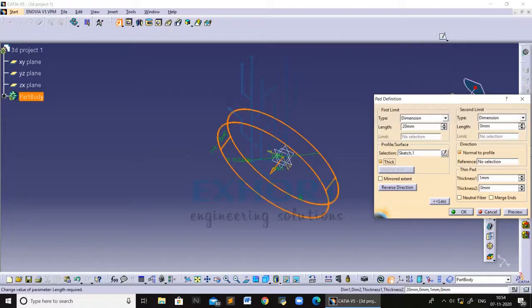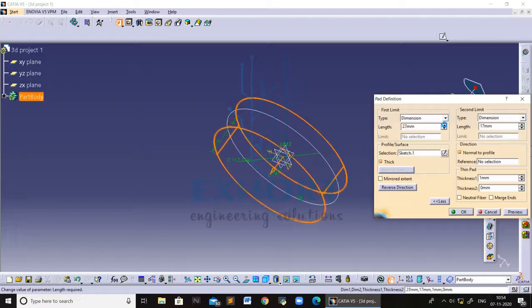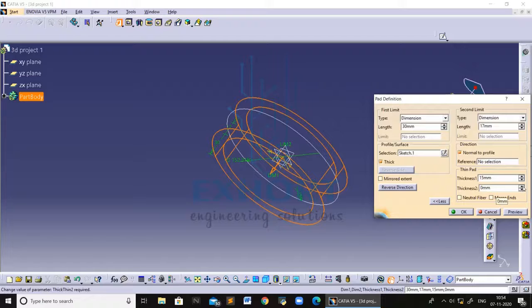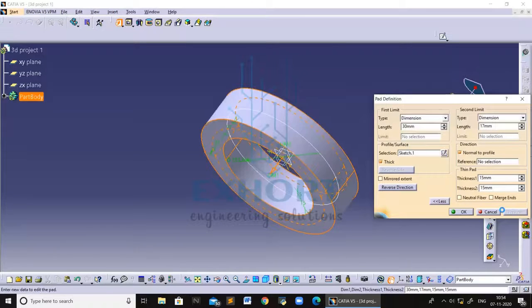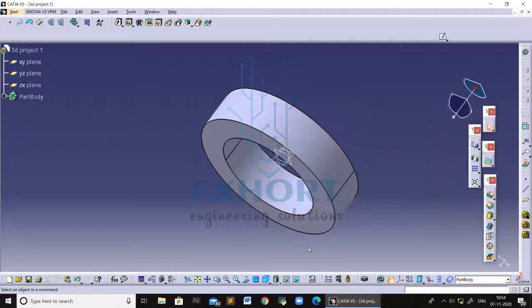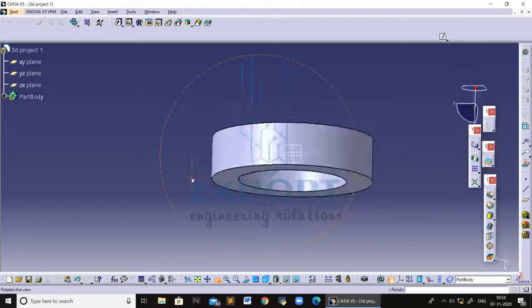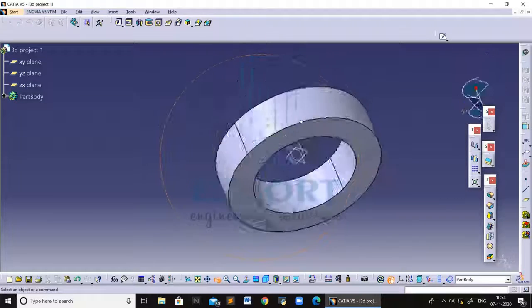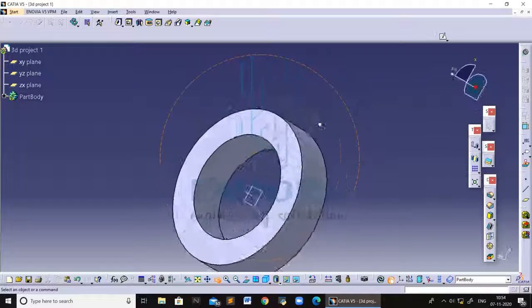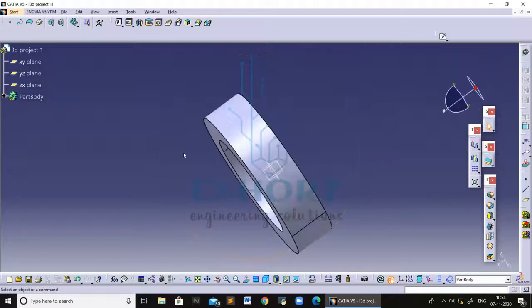From here you can give the thickness, length as per your convenience, how much you want. Here you can see thickness 1, thickness 2. As you can see in the image or sketch, it will be shown. Press preview and OK. As you can see, from this option you will draw objects like this. So this is the thick option.